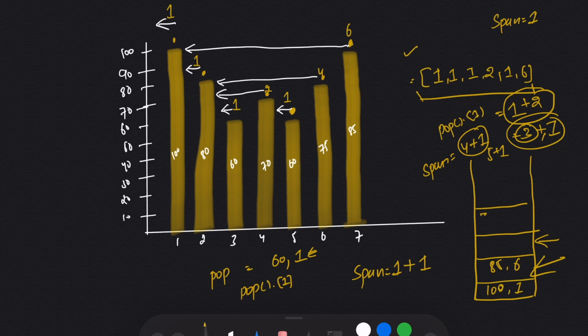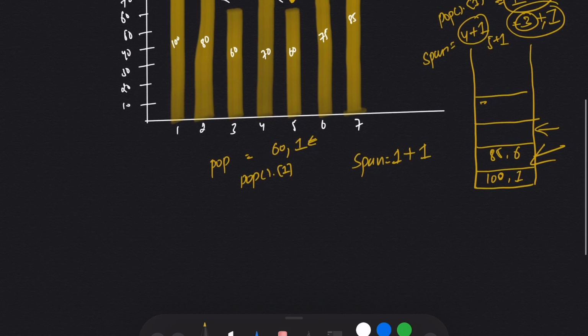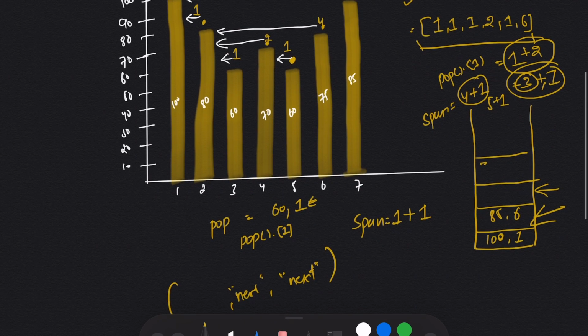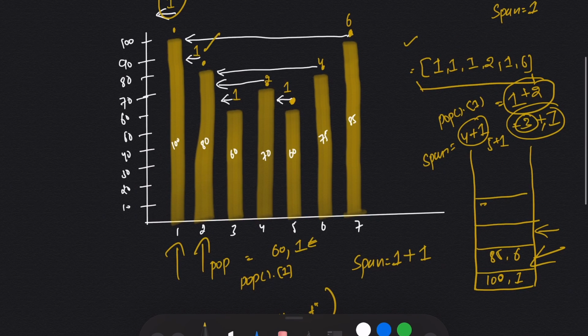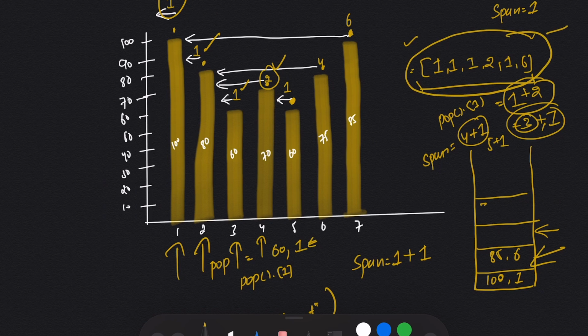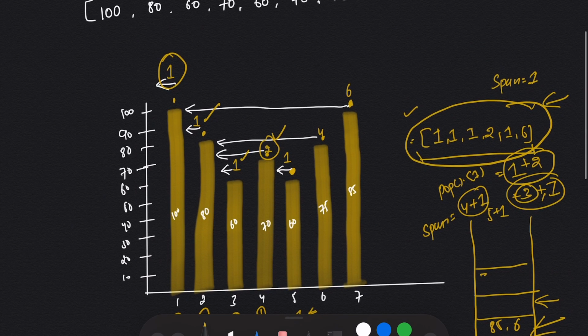As the question was saying, in the input we are also given the next, which will give us the spend value of the next element. So every time it comes here, it will ask for next. So we will give the spend value 1. Again it will come to 2. Then we will give 1. Then it will come to 3. Then we will give 1. Then it will come to 4 and we will give 2. And in this way it will keep getting the answer. So this is the way we can solve this question. So let's move on to the coding part and let's see what is the code for this problem.